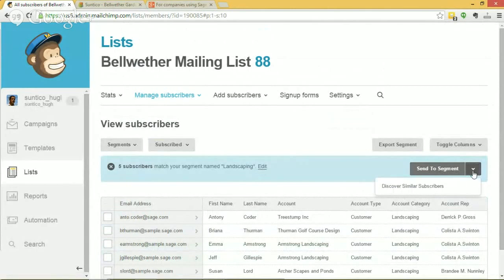Now, the other piece, and we spoke about this on some of the tweets that went out promoting this Hangout on Air, was to leverage the big data services that are available from within Mailchimp. And there's a very clever service that Mailchimp have called Discover Similar Subscribers. So say, for example, I had 2,000 subscribers on my mailing list, and that's a mixture of prospects and existing customers, if I'd identified among my customers those